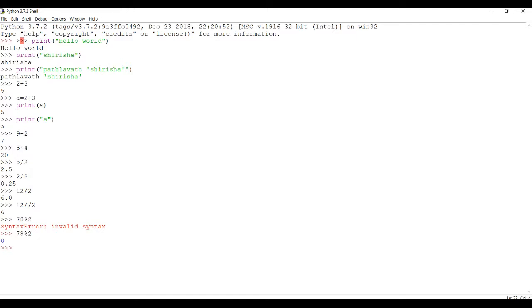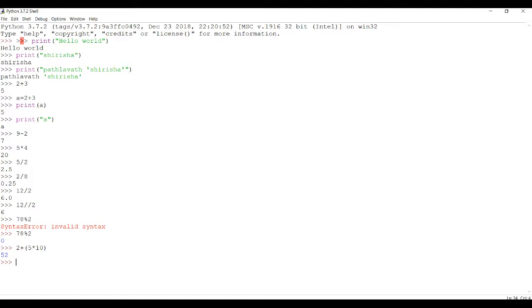Okay, 2 plus 5 into 10. Guess what will be the answer? Yes, so it will follow one order. First it will go through brackets, then order, then division, then multiplication, then addition, then subtraction. In this example, first it will calculate what is there in the brackets. So 5 into 10 is 50 plus 2, 52.